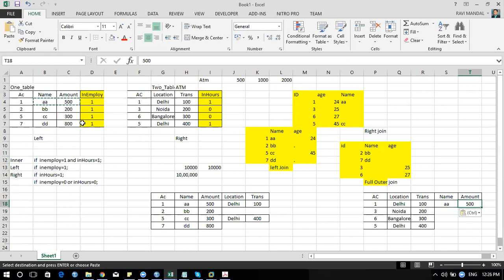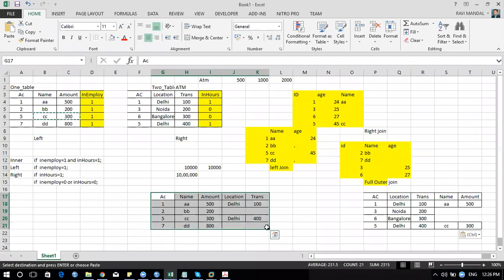So now for 5, I should have information, which is nothing but here. Correct? So for these, we don't have any information. Got it? So this is nothing but when I'm trying to fetch information from the right table. When I'm trying to fetch information from the left table, I'll get this table.